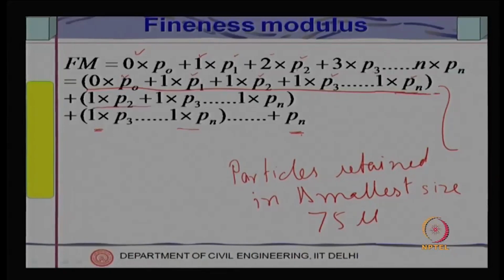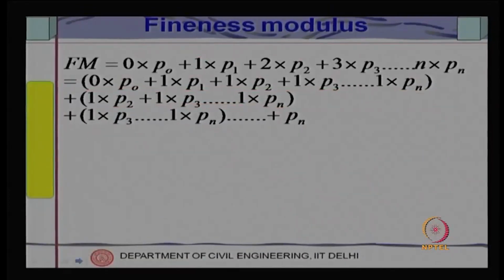This is the particle retained in 75, 150 microns. This is retained in 300 microns, because it starts from P2. So, 75, 150, this is particle retained in 300, and this is the particle retained in the topmost sieve. Therefore, this is the summation of particle retained from the bottommost sieve to the topmost sieve. So, this is nothing but the cumulative percentage retained in all the